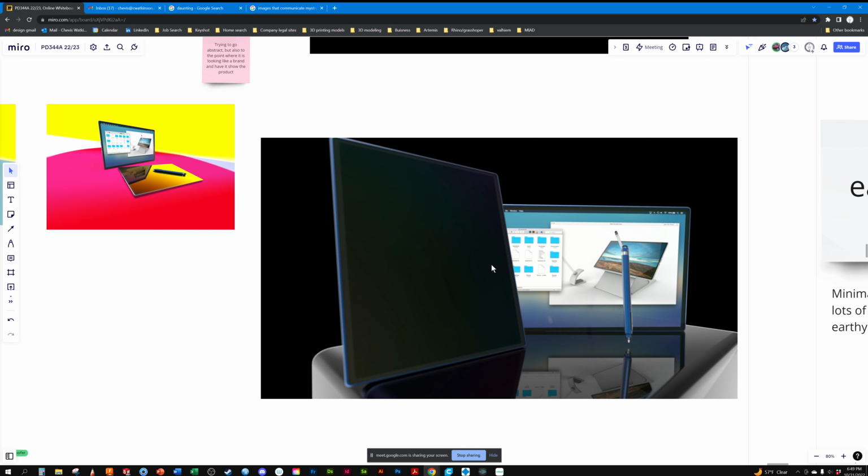I don't understand what I'm looking at with this one, because there is no display on it. I would have this one in the background and bring this one up to the foreground so that you can see everything. And then what I would do, so that you get the full impact of this image,